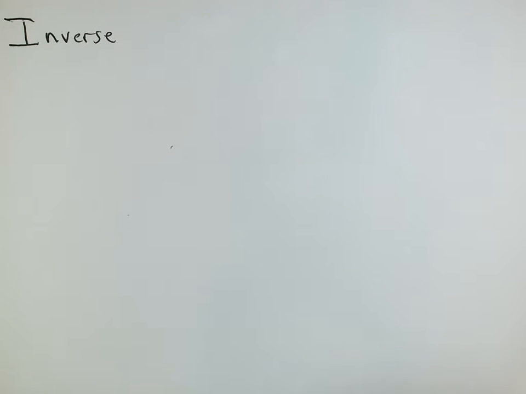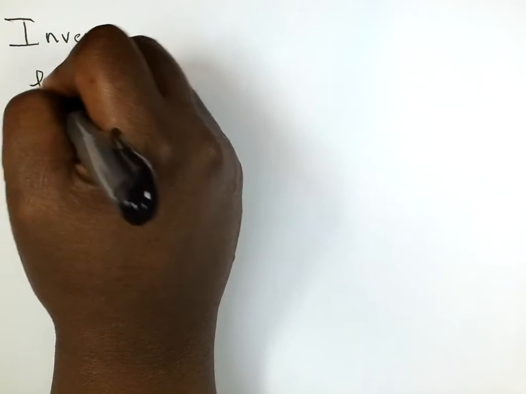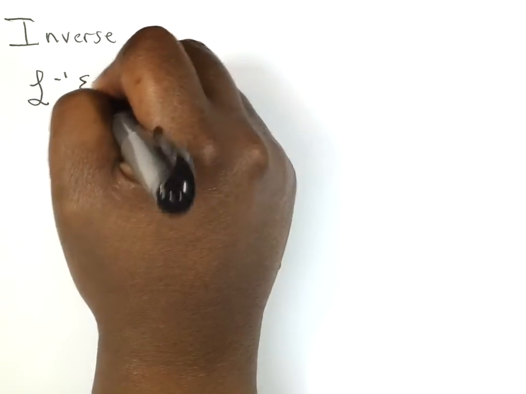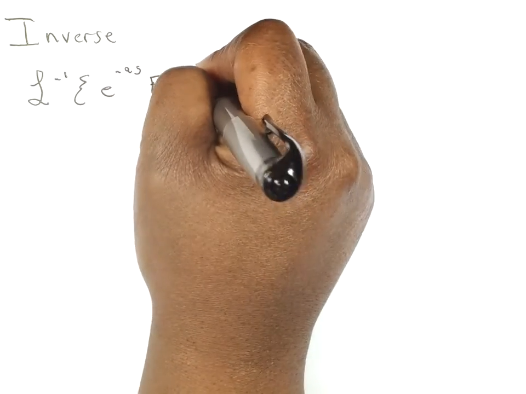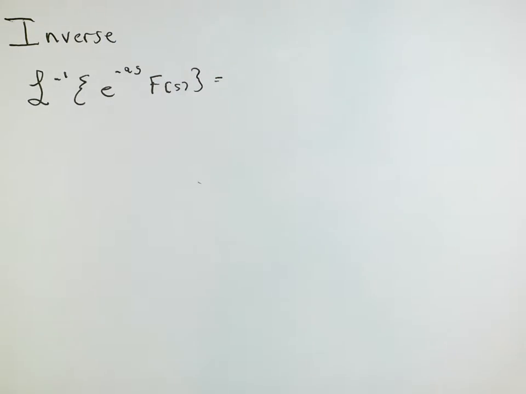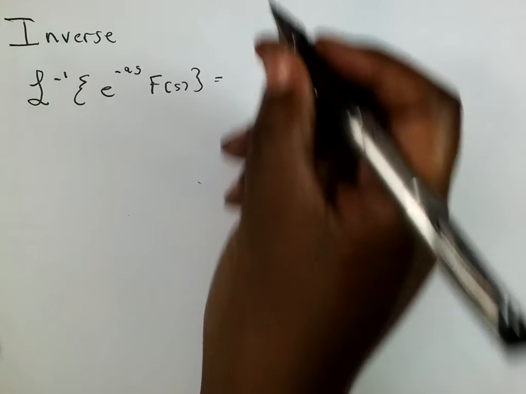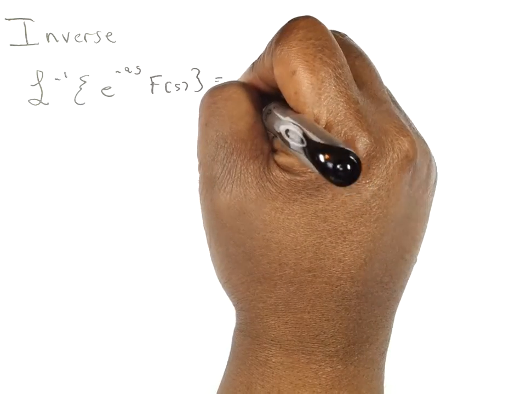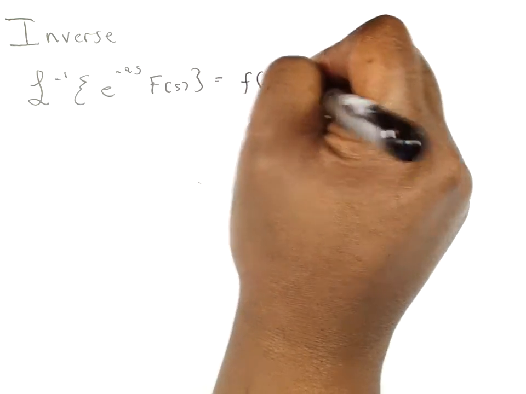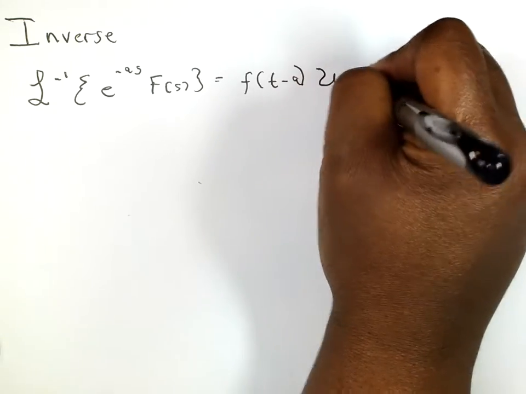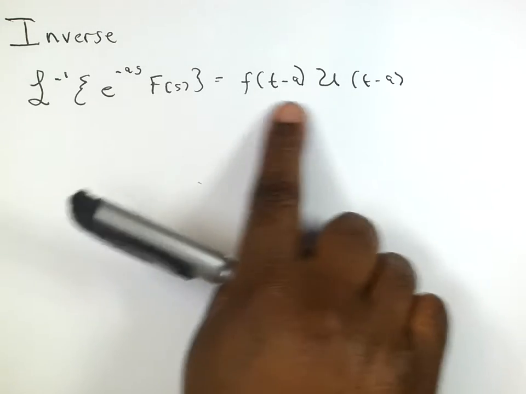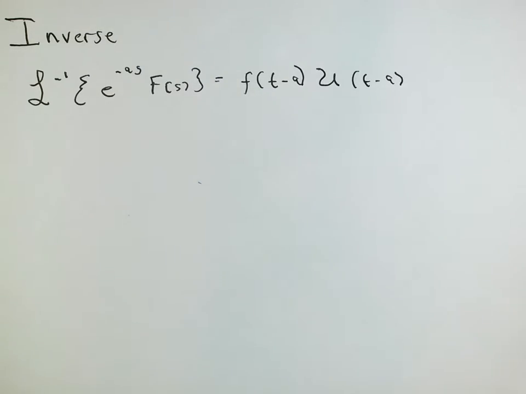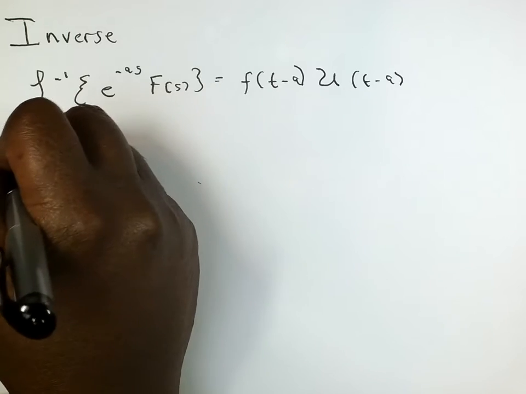So now we're going to look at the inverse of this second form. So I have the inverse Laplace transform of e to the negative as f of s, and it goes back to f of t minus a times the unit step of t minus a. So again, that minus a, as it shifts, we have to make sure that we get them back in there. So our first example,